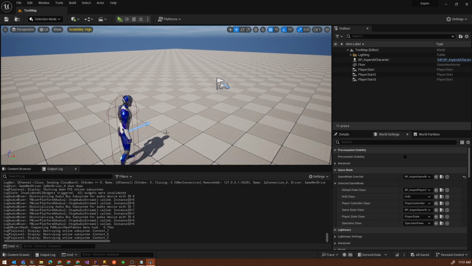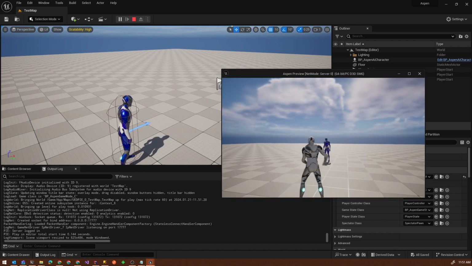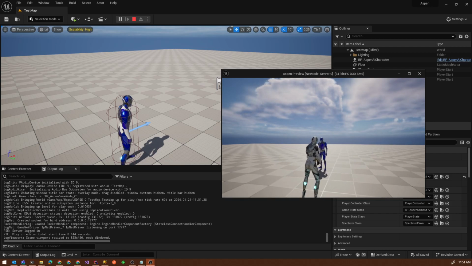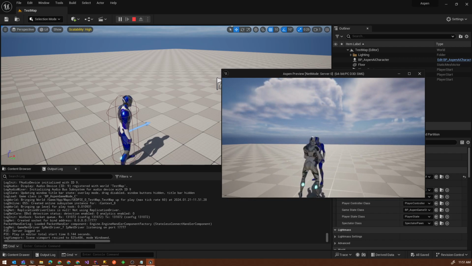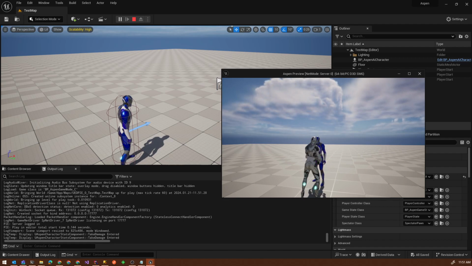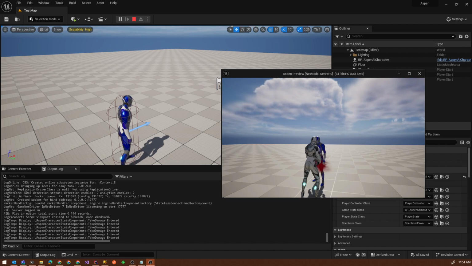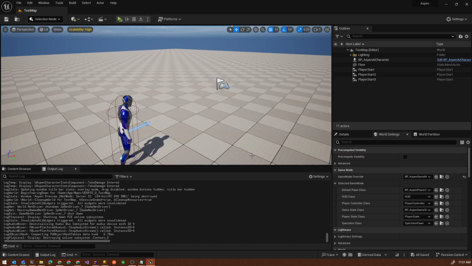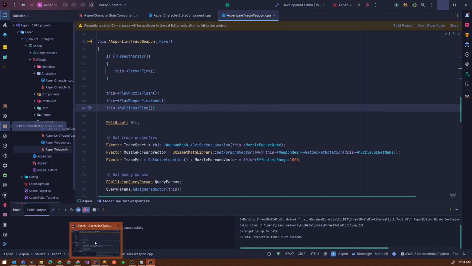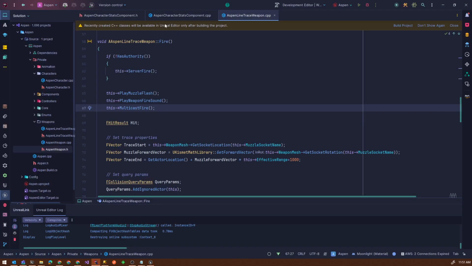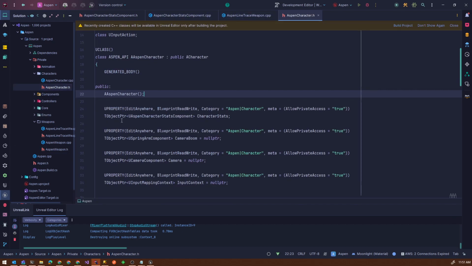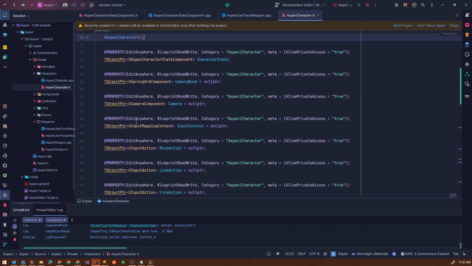So at the end of the last episode, right before I ran into that issue, I had made it to where when I shot this character here, I can see that my take damage event is 5, which means that my health is going down with every shot. But I don't have any sort of death implemented yet, so I want to see if I can implement that real quick. So I'm going to go into my character, and